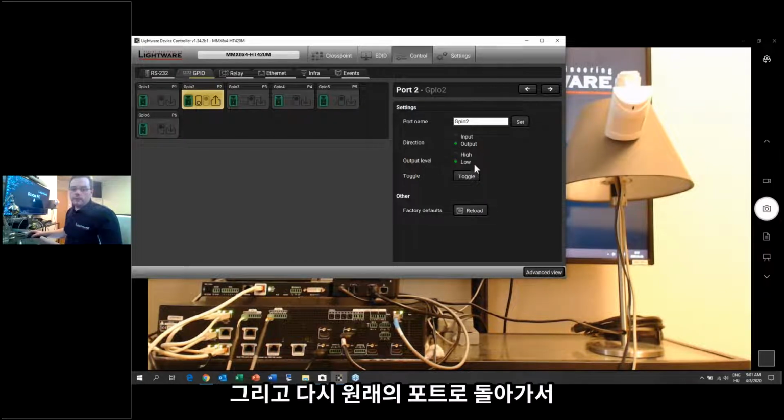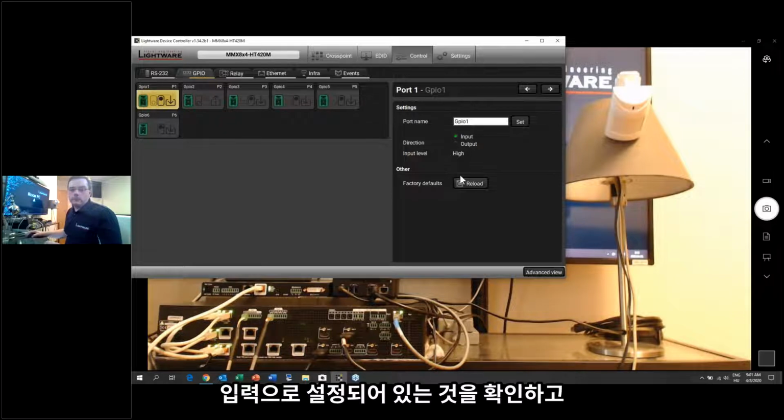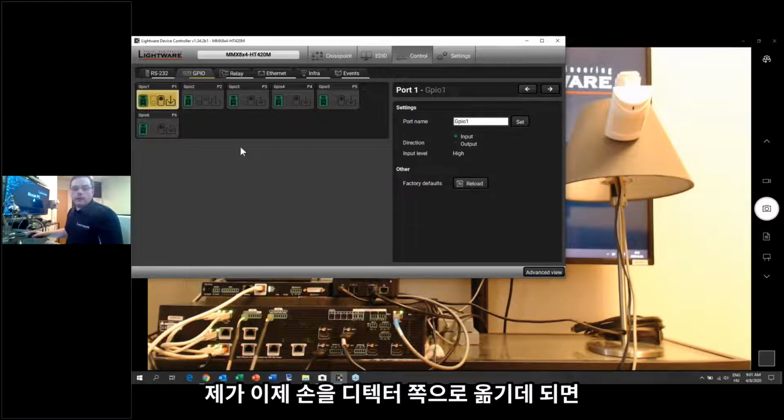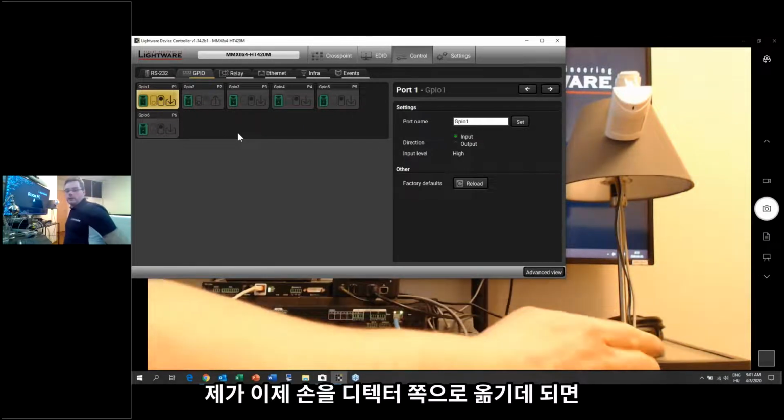And because it's low, I just set the other port as input. Okay, this is output low. If I turn this on, yeah, and if I put my hands there, like,